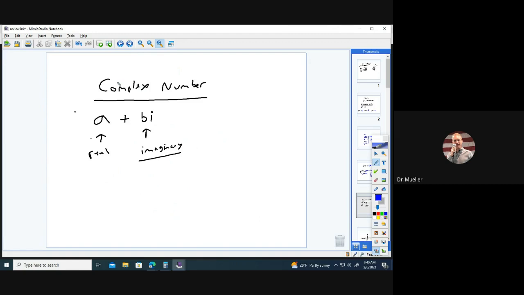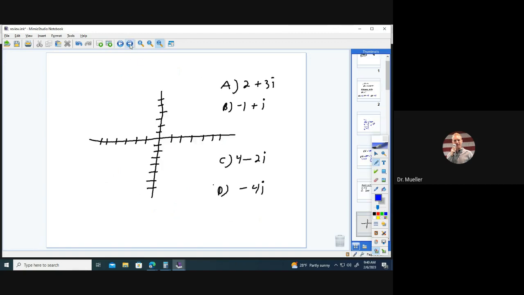So a complex number is going to be when you put a real number and an imaginary number together. So it's a plus bi. The a is the real number component. The bi is the imaginary component. We call that a complex number. We can graph complex numbers. When we do so, our typical x-axis is going to represent the real number. Our typical y-axis is going to represent our imaginary number. So like if I want to graph 2 plus